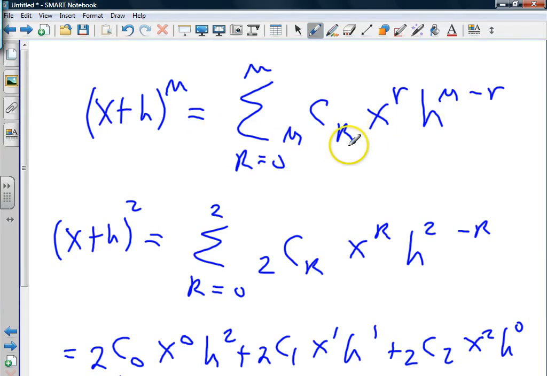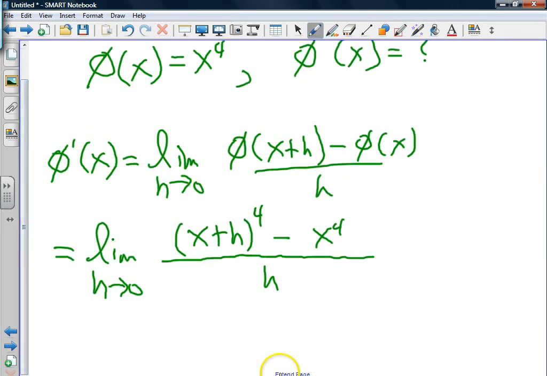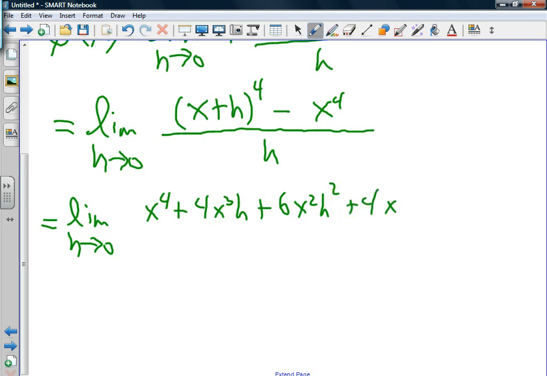This is why. This is in general what happens when you FOIL. There's a generalization of FOILing at any power. That's why. I mean, that's a pattern. Okay. All right. So shall we use it? We didn't even get started yet. All right. This is what we're doing, right? All right, let's make a little room. So we get equals the limit as h goes to 0 of x to the 4th plus 4x cubed h plus 6x squared h squared plus 4x to the 1 h to the 3 plus h to the 4. That's this minus this